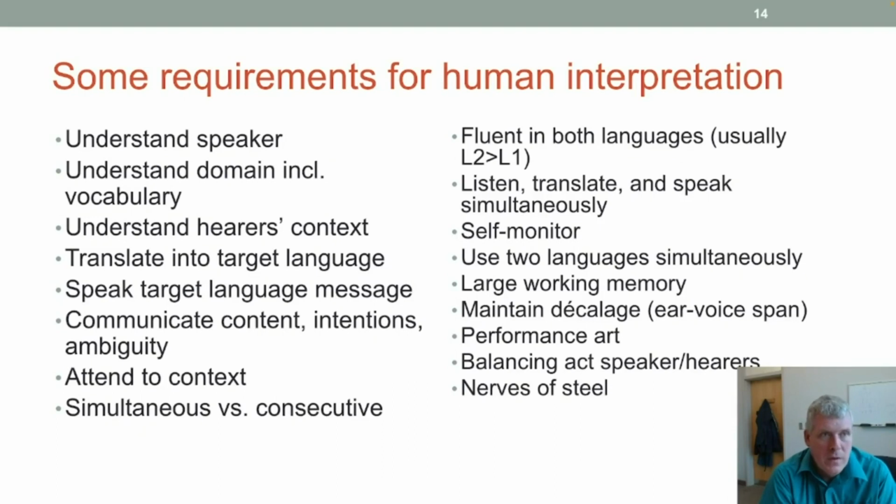You have to be fluent in two languages. Usually you go from your L2 to your L1. The best way is to go from your L2 into your L1 because you have more control of your L1, right? And so you have more dexterity with creating the right emotion or the right meaning. And you're using two languages simultaneously. You have to hear and understand and talk at the same time, super cognitively demanding simultaneous interpretation.